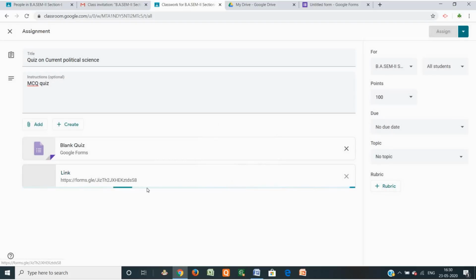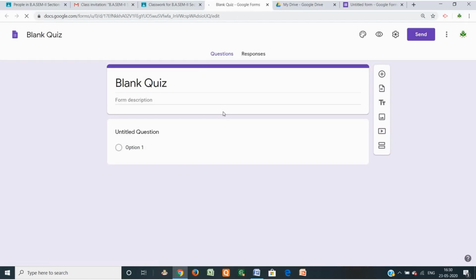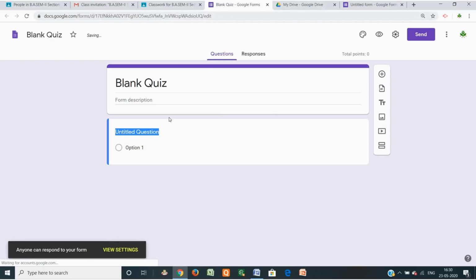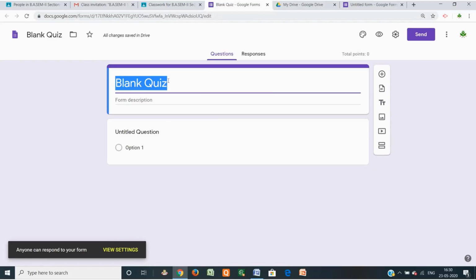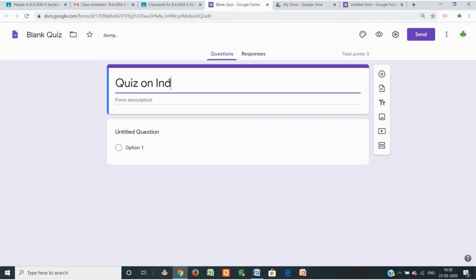So in this way you can send the link. Also, when you click on quiz, there is an option for a blank quiz. This is the blank quiz option. So you can generate the quiz also by writing a demo quiz or any quiz on Indian Constitution.